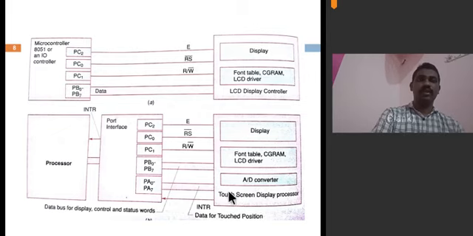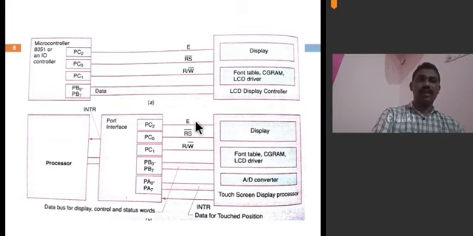Here also see, this is a touch display, this is a normal LCD display, and this is a touch screen display processor. The only difference is that the touch screen contains an A to D converter, analog to digital converter, which is used for sensing the touches and converting that sensed analog value into a digital value here. And here also you are connecting with the help of the parallel interface. See here, PB0 to PB7 and PA0 to PA7. You are utilizing all the port pins for interfacing the LCD display here.